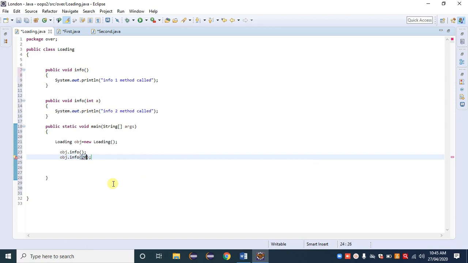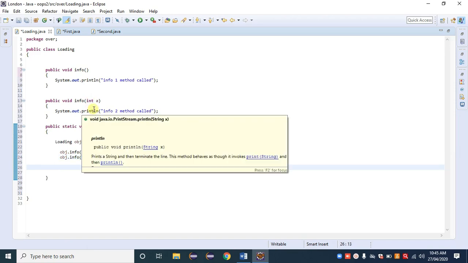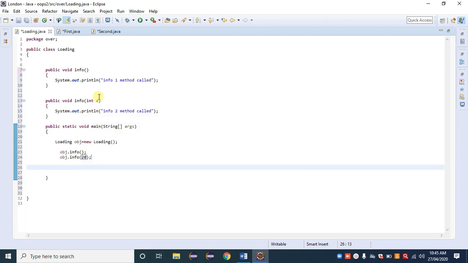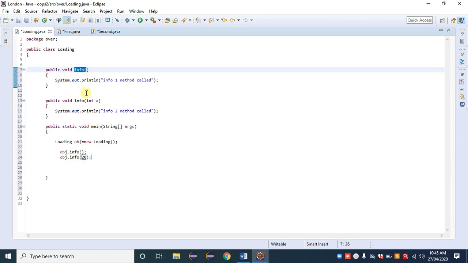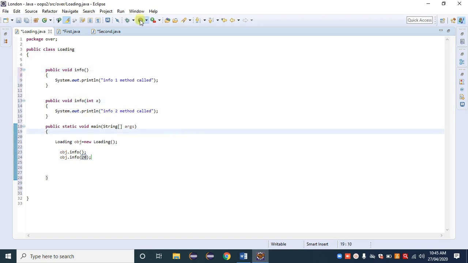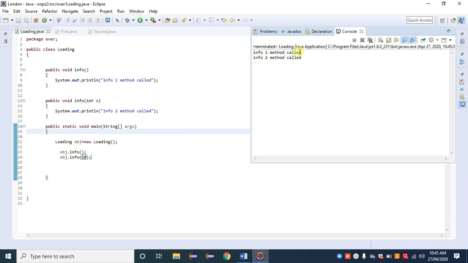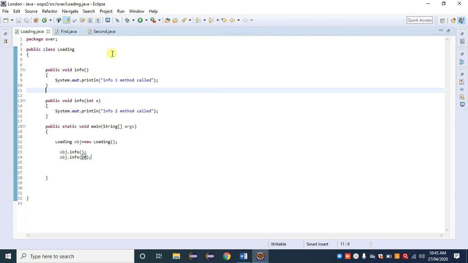Instead of that, I need to pass a value for that int. The logic remains the same. Whatever we learned up to the last session remains the same. Only our purpose is to create methods having a similar name. Info, here is again info. Just click on the run button. We get the output: info 1 method called, info 2 method called. So such kind of thing is called overloading.